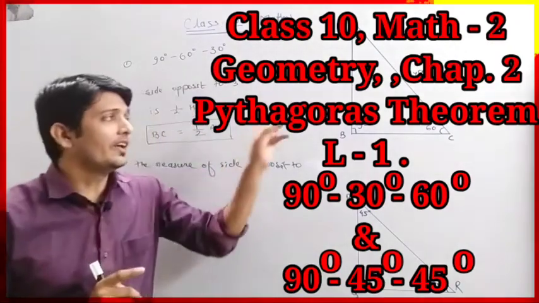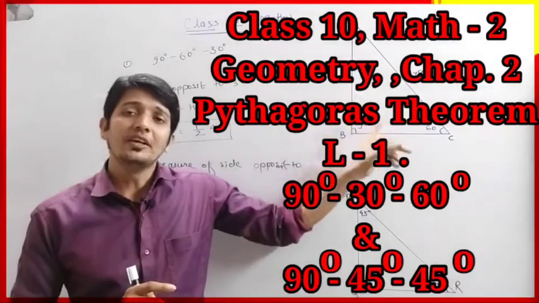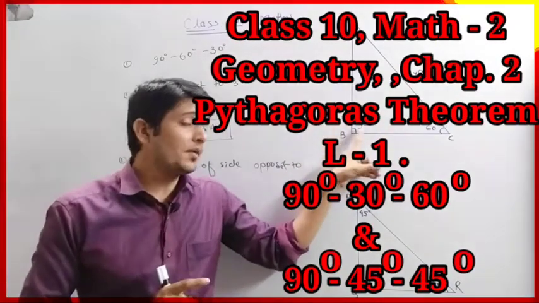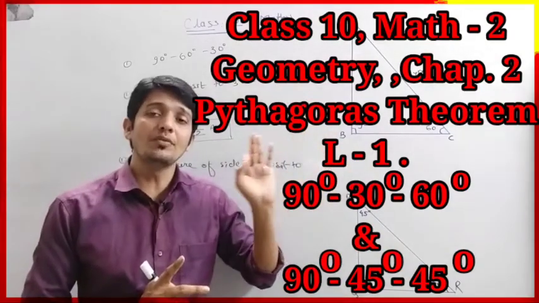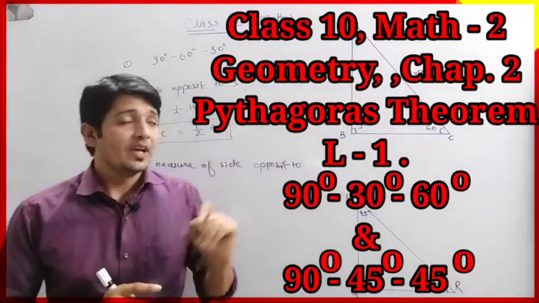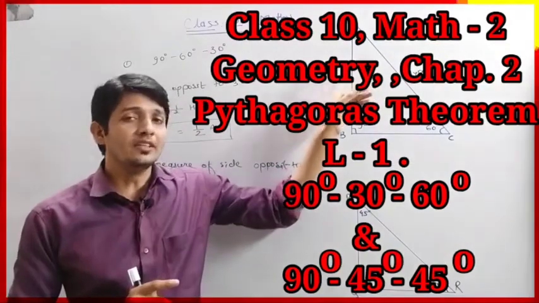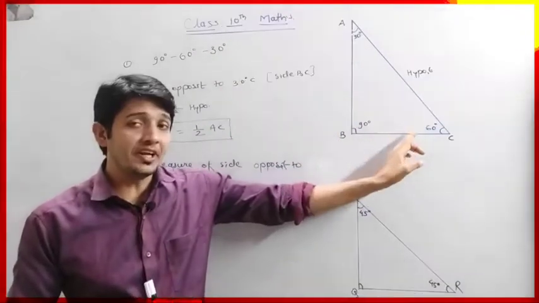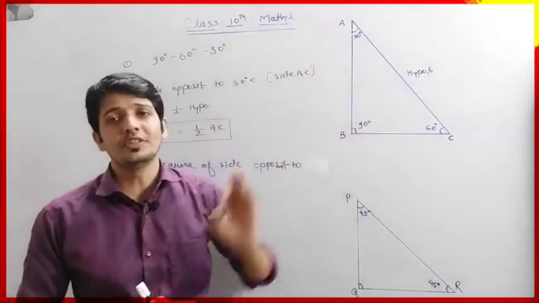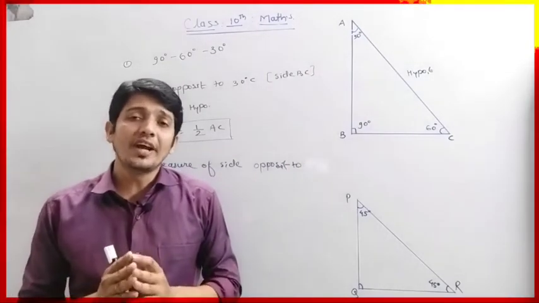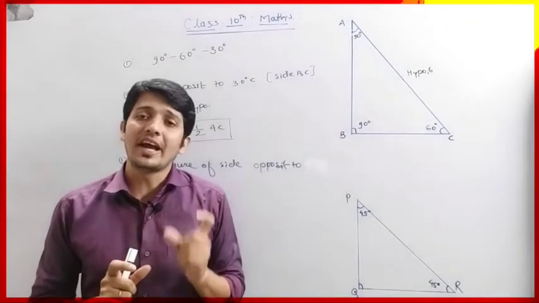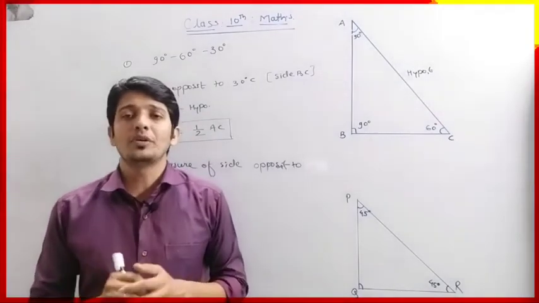See, in this diagram we have three different triangles, where one of the angles is 90 degree. That means our triangle is a right angled triangle. And of the other two acute angles, one is of 60 degree and another one is of 30 degree. So on that basis we are going to decide the length of different sides as compared to the hypotenuse.